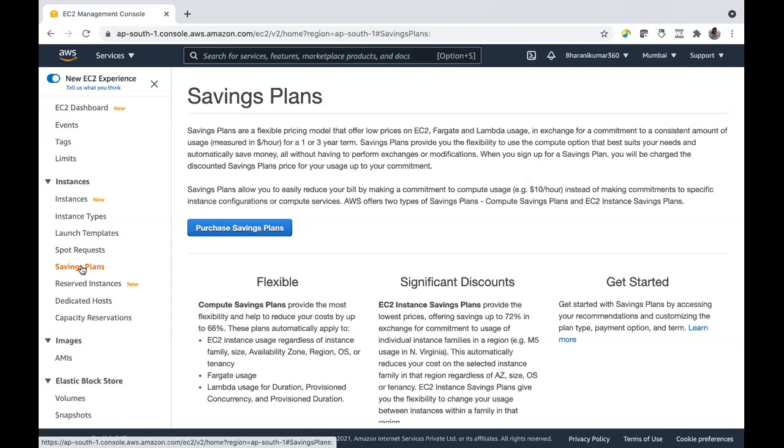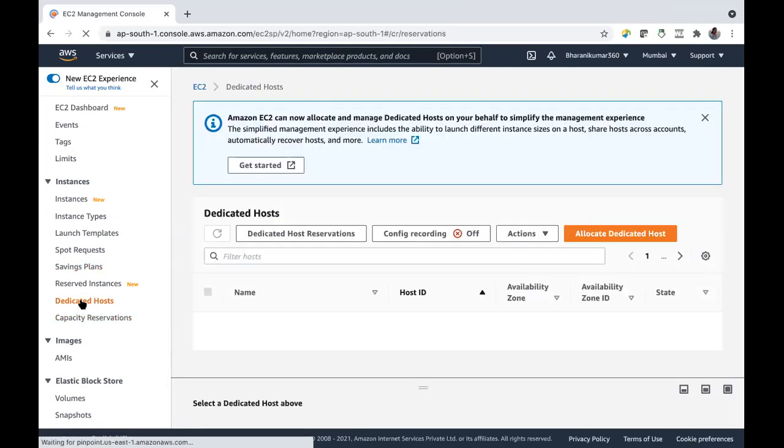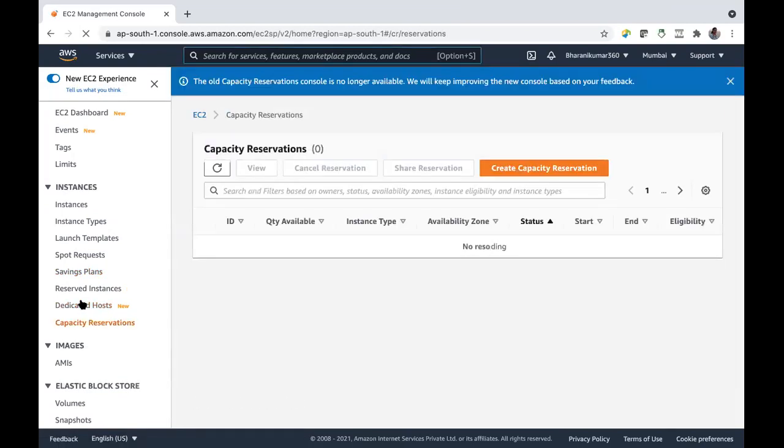So for that number of hours you'll pay. That is savings plan. And we have capacity reservations, where you can reserve capacity on dedicated hosts, the dedicated hardware for your instance. We discussed all these things.